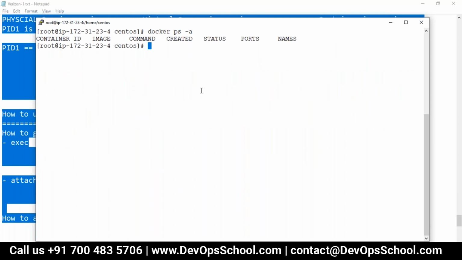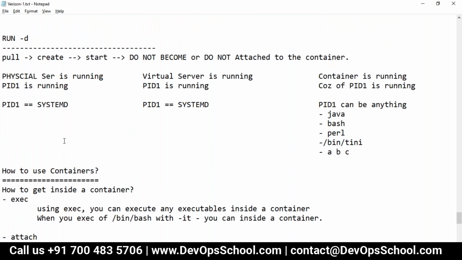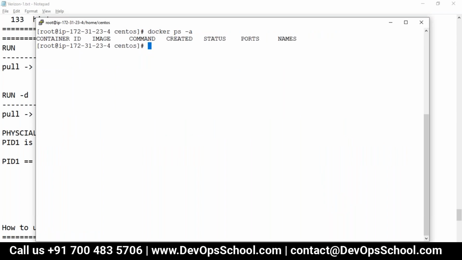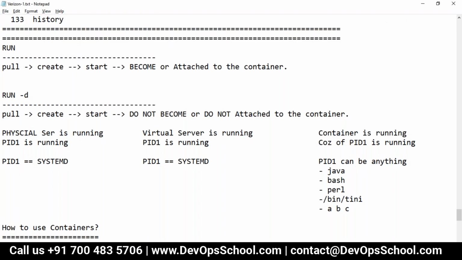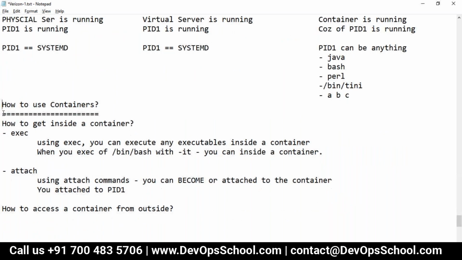Now I am going to run a command, but not with the Jenkins image. I'm going to use another image: the Ubuntu base image. I told you, first I'll use the application image, then the base image. Never say Ubuntu is an operating system in the world of containers. You say it's a base image, or a root file system, or a flavor. It's not an operating system. Mind it. So use the keyword very carefully. I'm very particular about that.